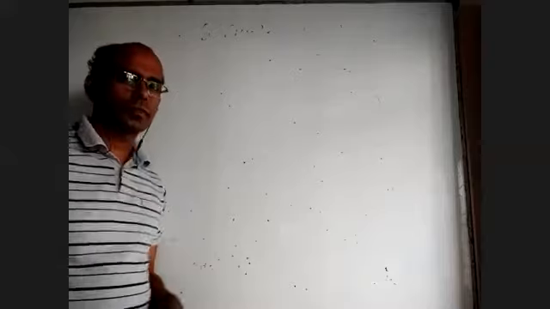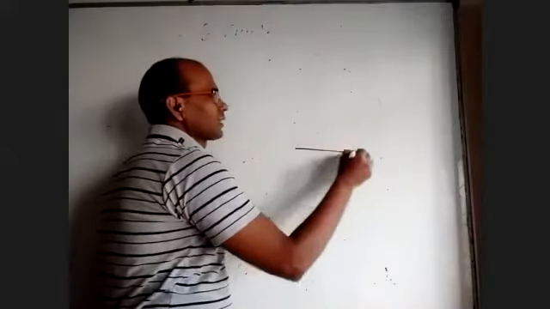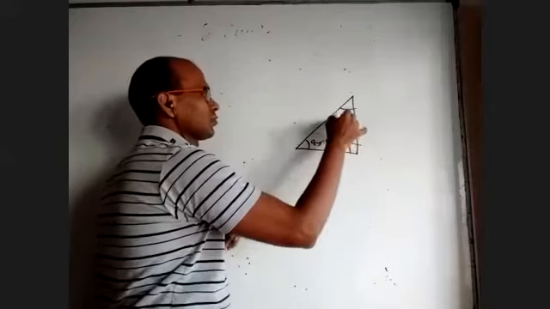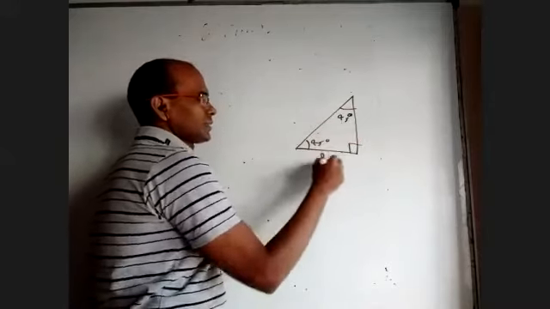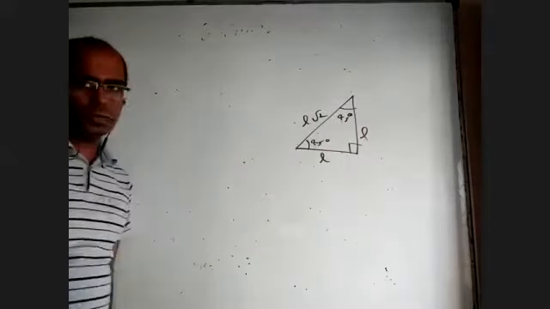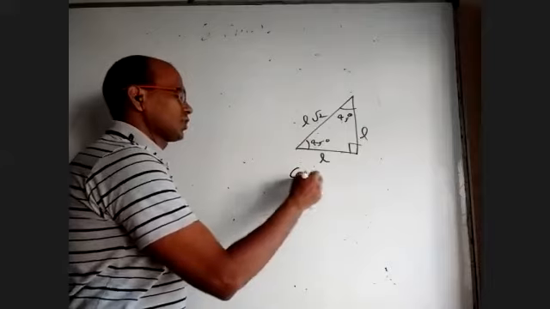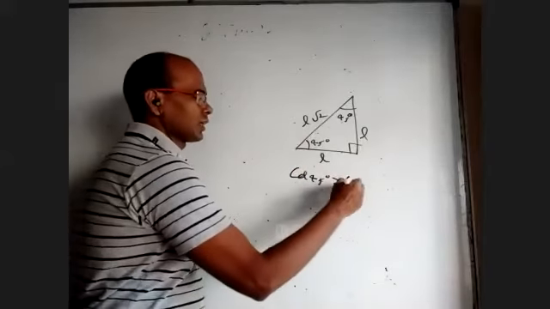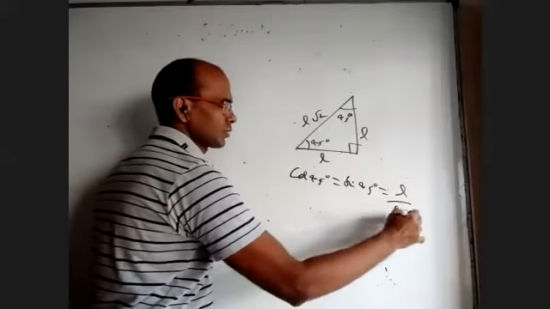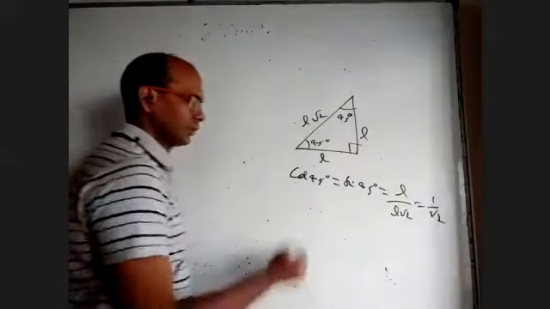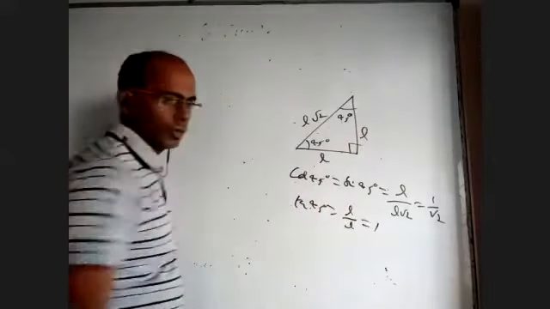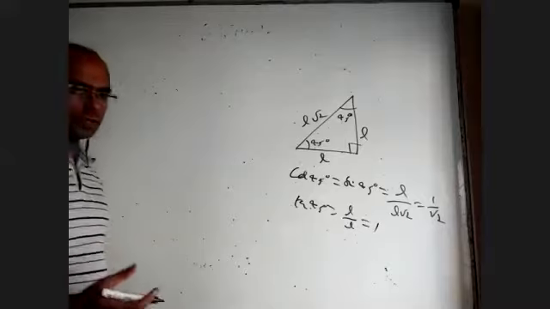I don't remember clearly. You take a right angle isosceles triangle, where this is 90, this is 45 degrees, this is 45 degrees. If this side is L, by simple Pythagoras theorem, this will be L root 2. Then cos 45 degrees or sine 45 degrees, adjacent side or opposite side is L and hypotenuse is L root 2. You will get 1 by root 2. And tan 45 degrees, this and this are equal, L by L will be 1. That's how the 45 degrees values come.